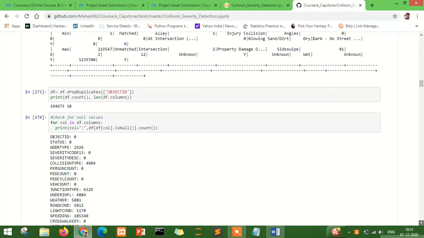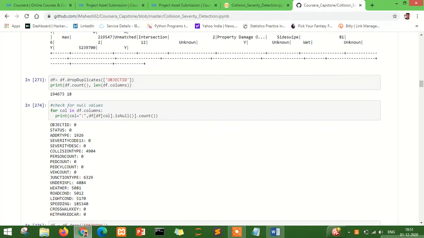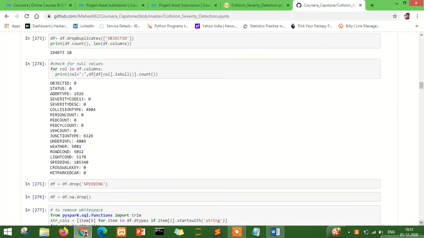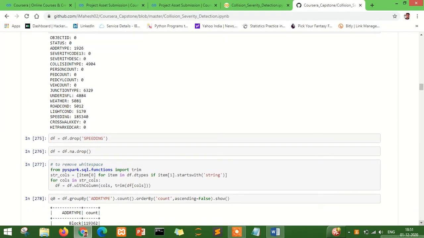After that, we have dropped the duplicates if there are any, and then we have checked for the null values in the dataset with respect to each and every attribute. And after checking for repeated values, duplicate values, or null values for every attribute, we have dropped the NA value, that is, not a number value, for particular attributes,